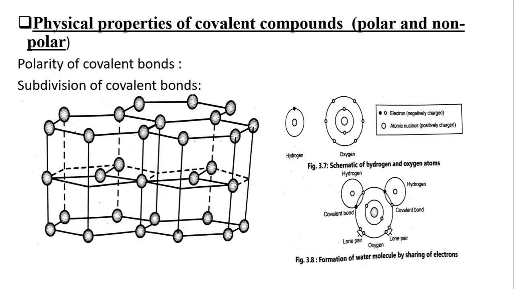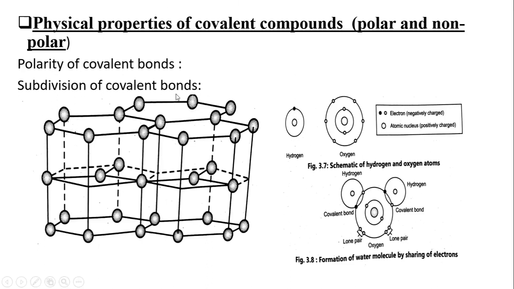Polarity of covalent bonds. Covalent bonds are affected by the electronegativity of the connected atoms. Two atoms with equal electronegativity will make a nonpolar covalent bond such as H-H, Cl-Cl and F-F. Since the difference of electronegativity is zero, both atoms attract the electron pair equally and no charge appears on any atom. An unequal relationship creates a polar covalent bond such as in the case of HCl.